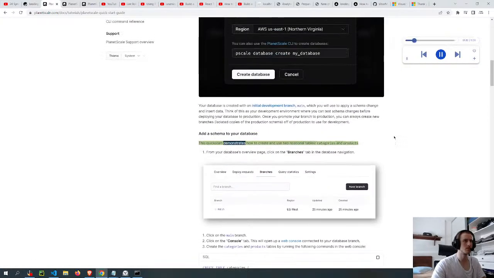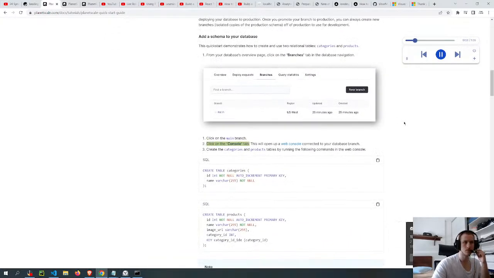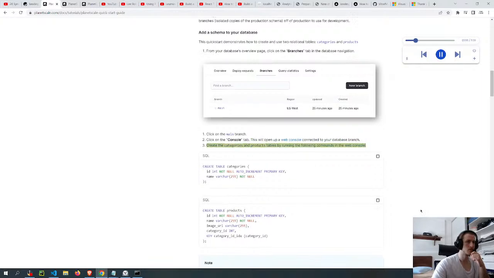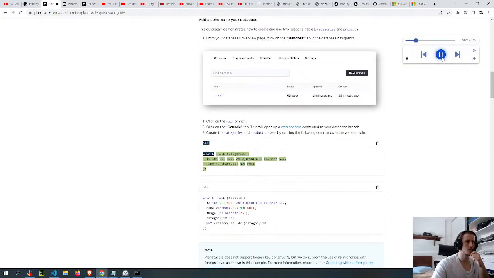This quick start demonstrates how to create and use two relational tables, categories and products. From your database's overview page, click on the Branches tab in the database navigation. Click on the main branch. This will open up a web console connected to your database branch. Create the categories and products tables by running the following commands in the web console. SQL copied. Yeah, that's what I'm gonna do because